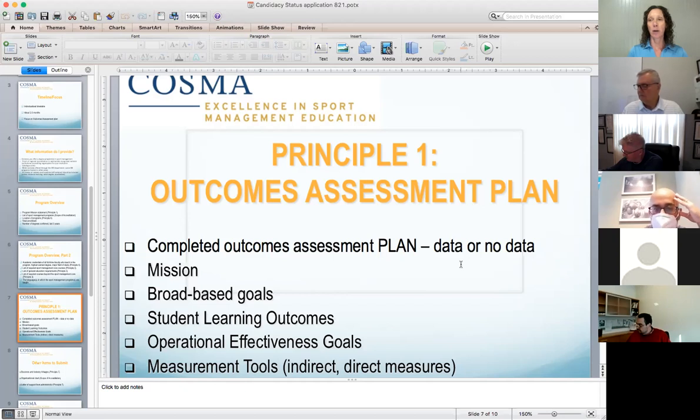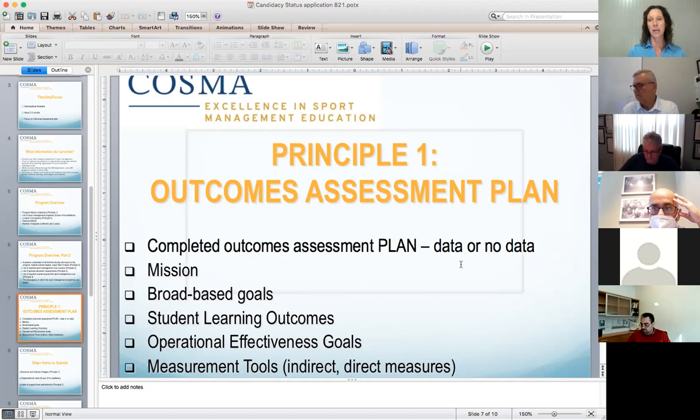With the student learning outcomes, you are going to identify 2 different types of measurement tools. You're going to identify some indirect measures and some direct measures. Some people are confused about what those are, and I do understand that, but in the word direct, you are directly measuring what the student knows or what the student can do. So that is your assignments or your projects or your presentations. Those are more related directly to what happens in